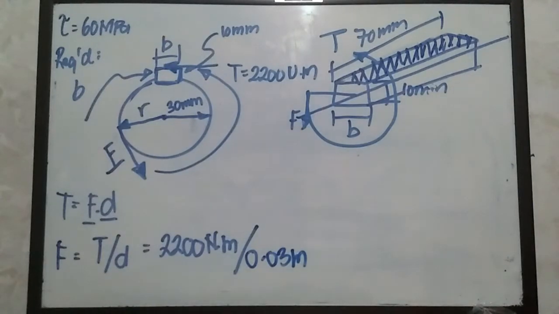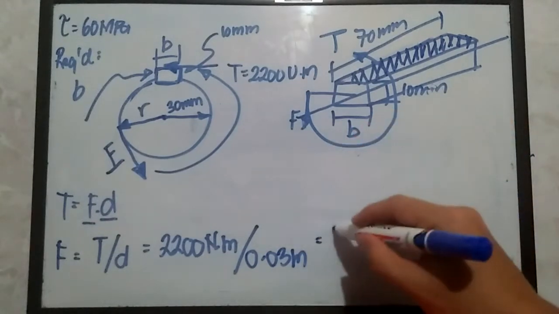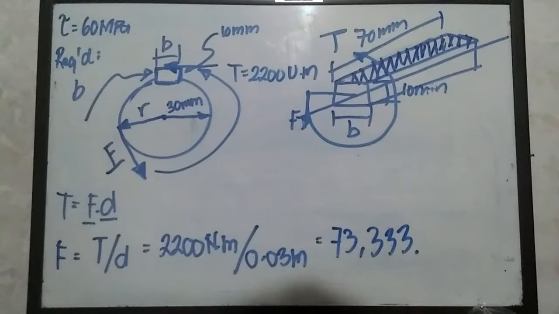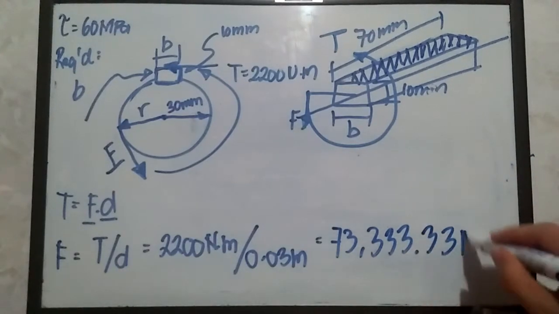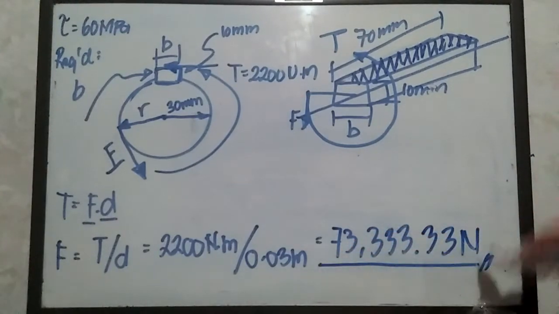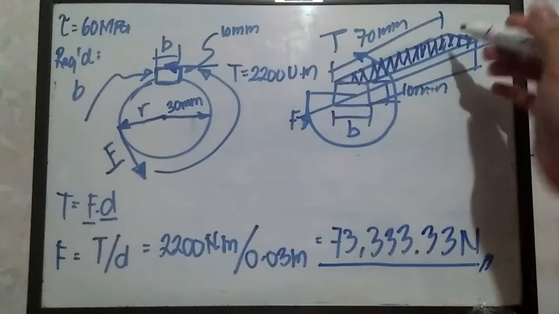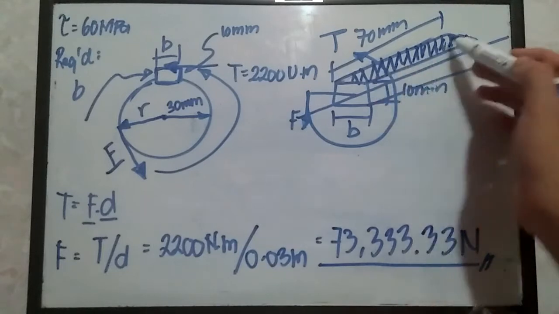So simplifying, this one should be approximately 73,333.33 newtons. Okay. So means to say that there is a force acting parallel on this cross-sectional area of our locking component equivalent to